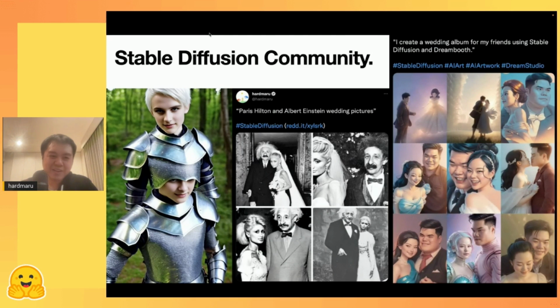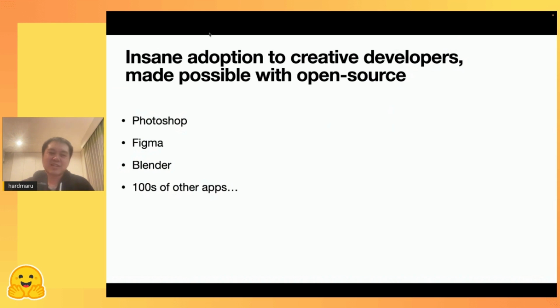On the left, you get the model hackers that want to really make things look perfect and criticize every single flaw. You get the normal users that just want to make memes, like Paris Hilton and Albert Einstein being wed to each other. And you also get the developers, like people hacking on Dream Booth to make pictures of their friend's wedding. So I'm going to talk about these three categories of this loop.